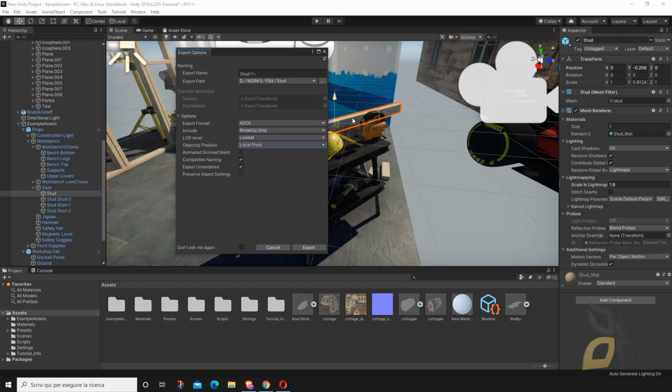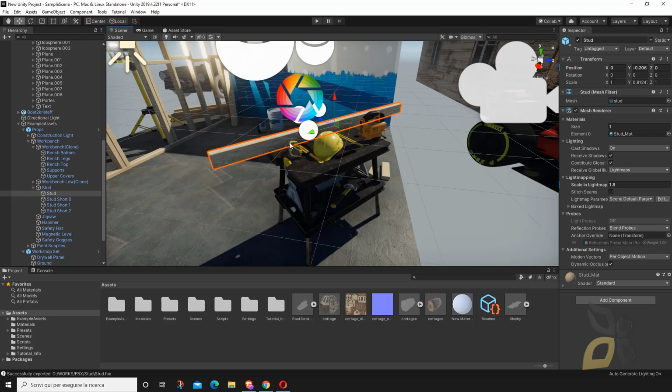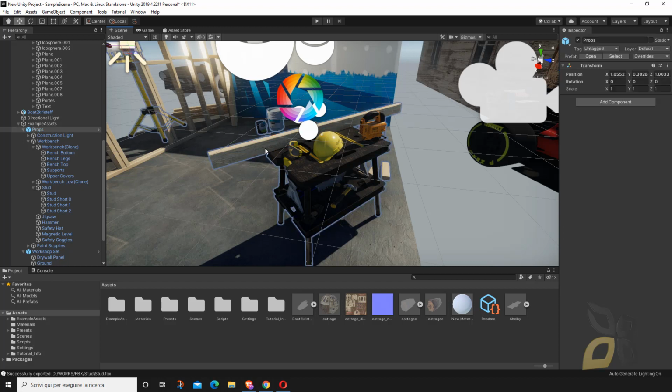It's gonna be inside my object and not somewhere else. And we don't want this. We leave this compatible naming, and also uncheck this. And let's export. Yeah, that's gonna be real quick because it's a really lightweight object. And this is one way you can export.